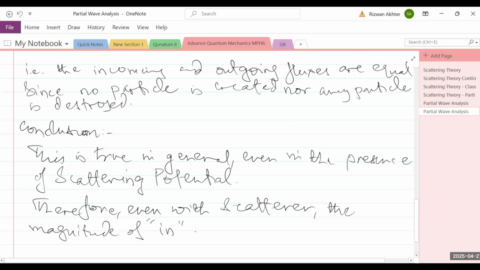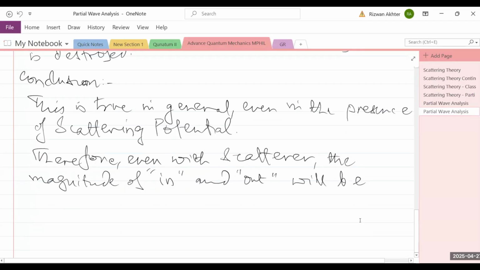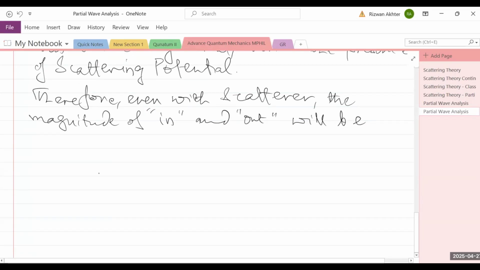The in and out waves will be the same, and this implies that the only effect